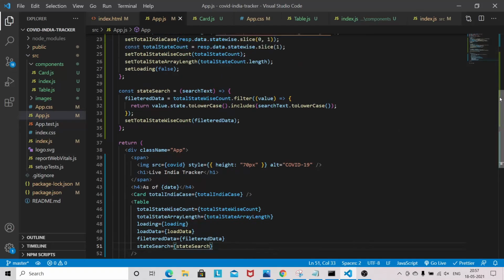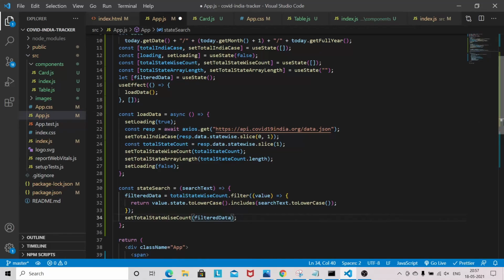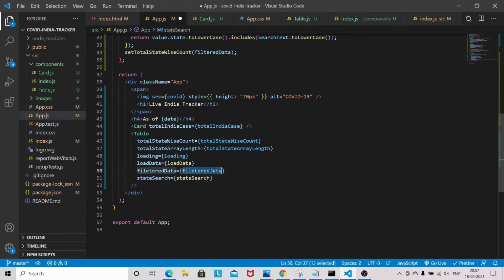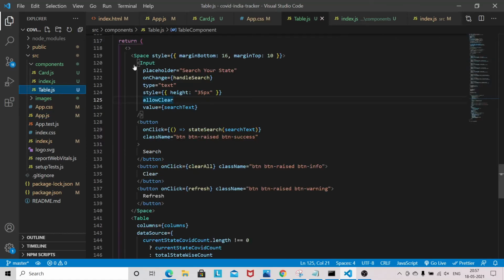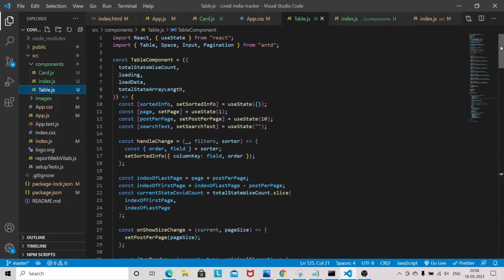I think I made some spelling mistake. Filter data. Okay, now we'll destructure these other two props here at the top.